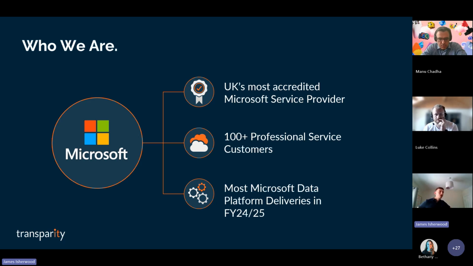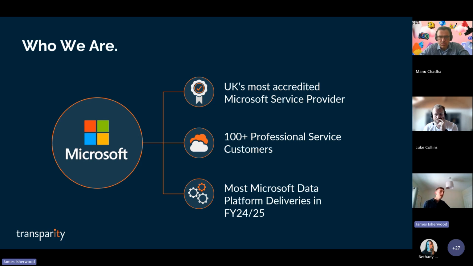We've done our very best to try and consolidate those into an hour today, but ultimately there's too many to pack in. So again, would love to have the opportunity to speak to some of the attendees today to talk about some of the specific use cases that we're seeing within the sub-verticals that sit under the umbrella of professional